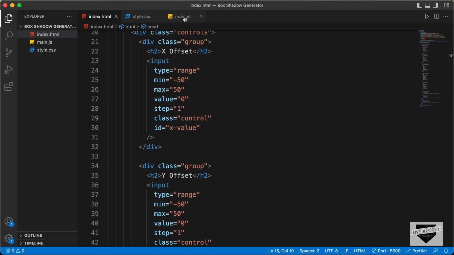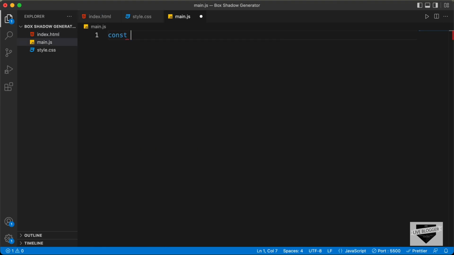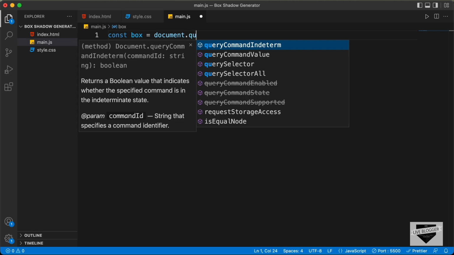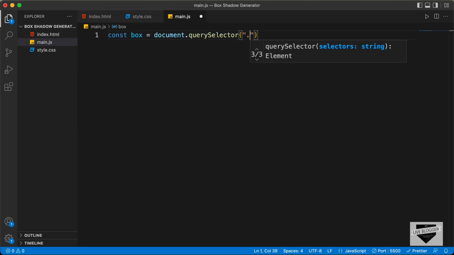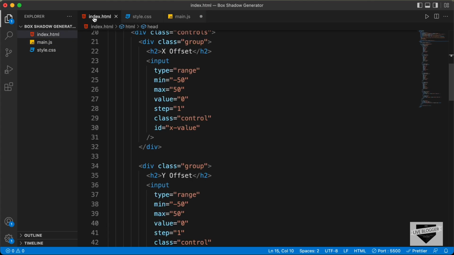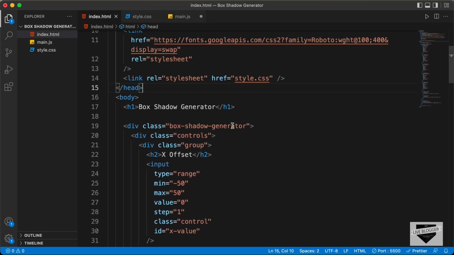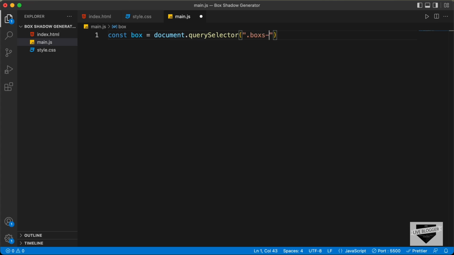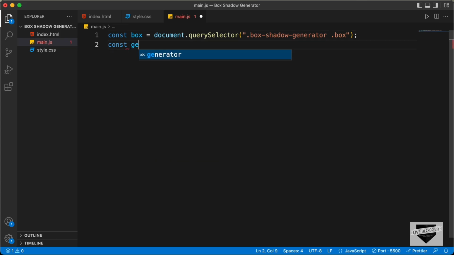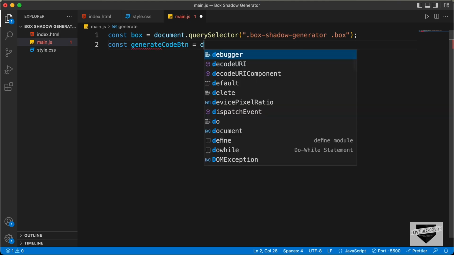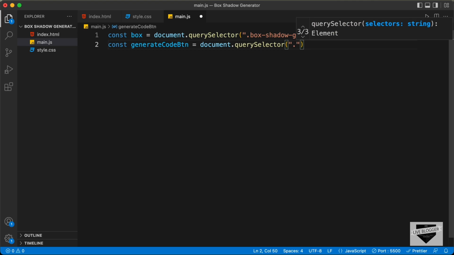So let's go to our main.js file and let's type const. And first of all, let's reference the box. So let's type box and we'll set it equal to document.querySelector. And we have a division with a class of box, and it is inside this box shadow generator class. So let's type .box-shadow-generator .box, and then we'll reference the generate code button. So let's type const generateCodeButton equals document.querySelector, and here we'll type .box-shadow-generator .generate-code-button,